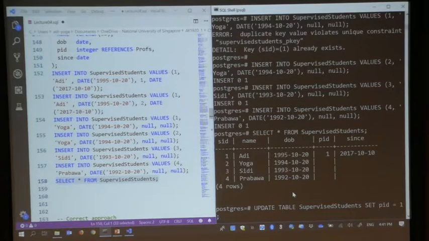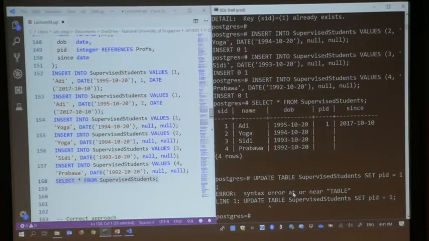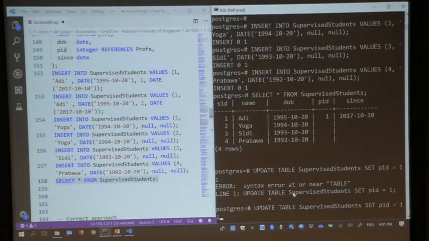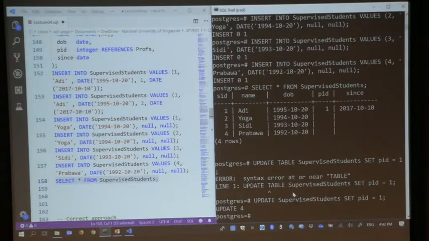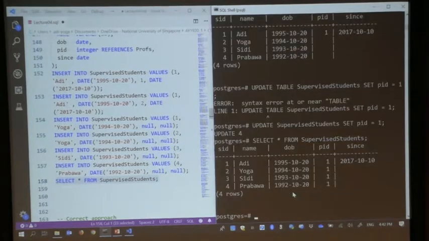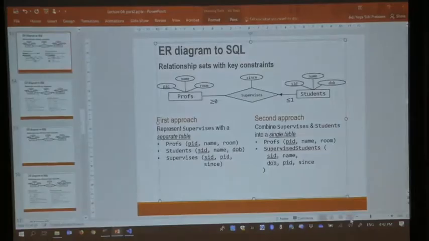So everyone is currently being supervised, except that the since value is kind of erroneous here. Okay? But what we're concerned with now is just the key and total constraints. Okay, so any questions on this?